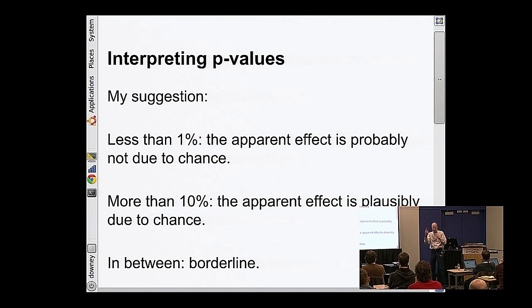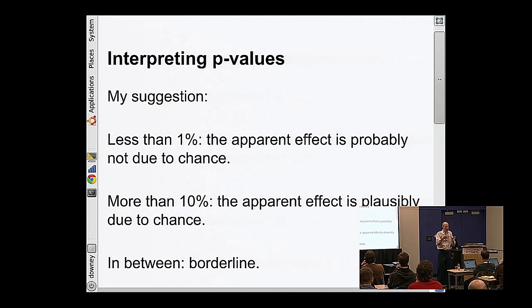Yes, let me see if I can paraphrase that. So you're pointing out that in this case, you believe that the effect is unlikely to be due to chance. In this case, you're suggesting that different choices of the t-statistic might change this p-value quite a lot, and some of them might be considered significant and some might not. Yes, that can be true. In a well-behaved experiment, the choice of the t-statistic should not have a huge effect on the p-value. If it does, that is a hint that your experiment is not very well designed.